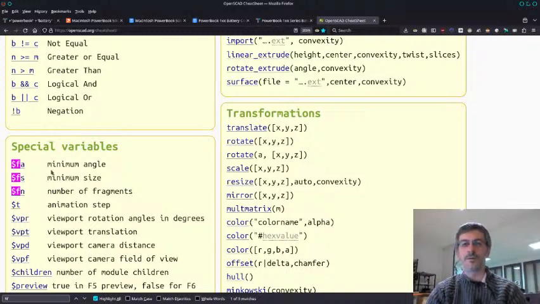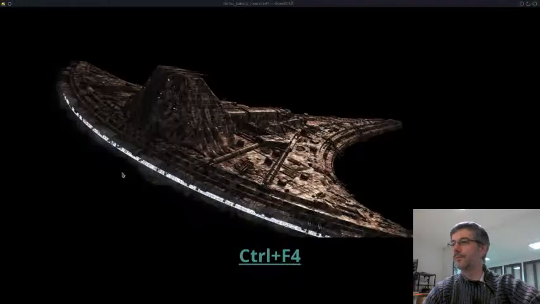It doesn't really render cylinders. It knows what a cylinder is, but when it renders an object, it just makes something with facets. So we can tweak these variables to select how many facets you want, depending on the size of the object, and yeah. So I can just set the number of fragments